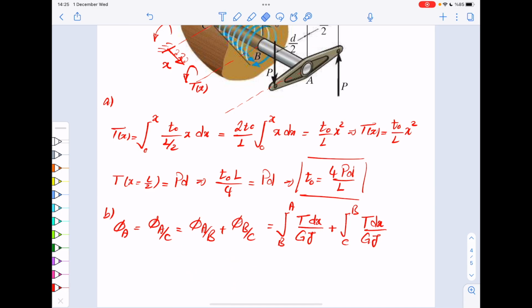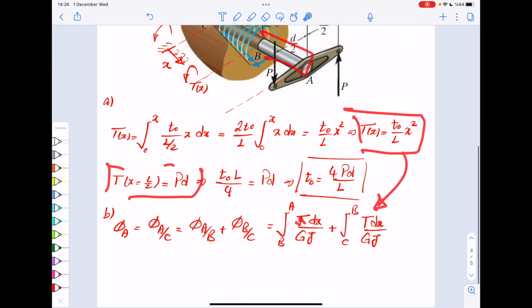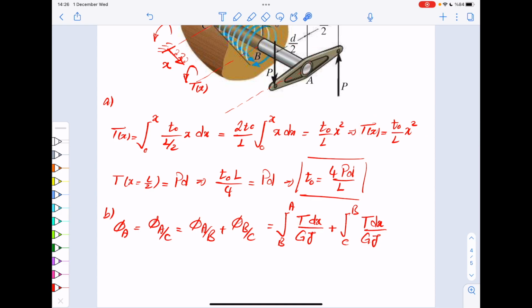So now, between C and B, it's the first part. We know exactly the equation for T. Between B and A, T is just constant, which is the same as PD. So that's the relation we have. So we would have integral from B to A,